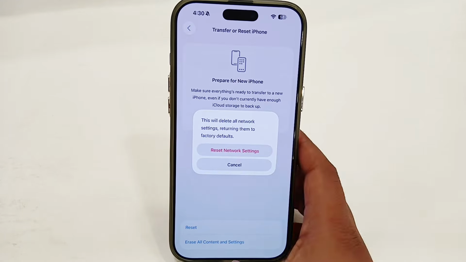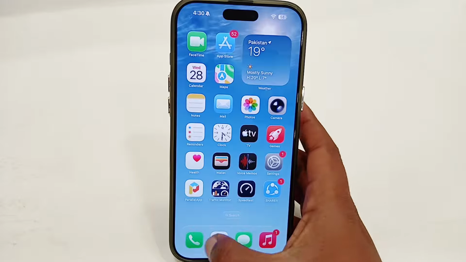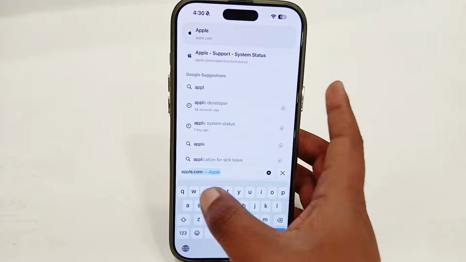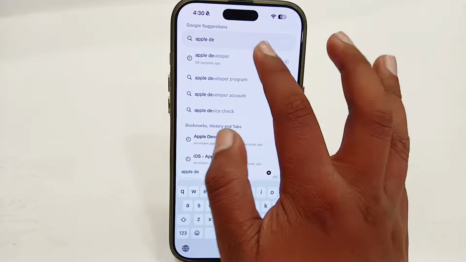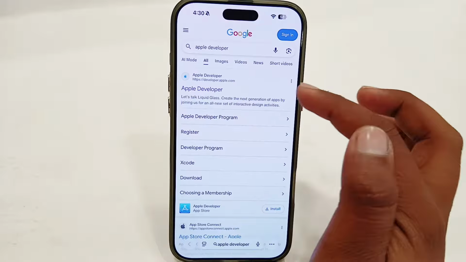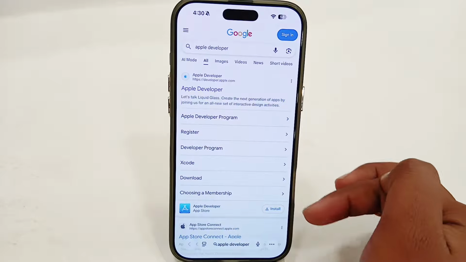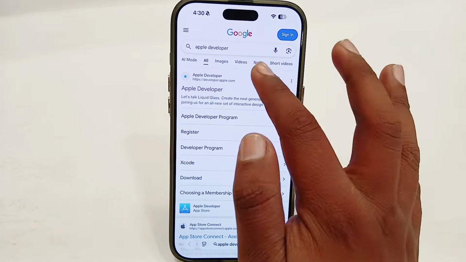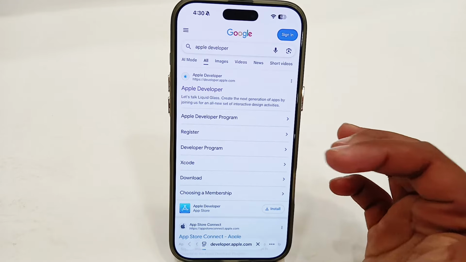Once you have reset your network settings, go back and open your browser. Here, simply search for Apple Dev, or you can also search for Apple Developer. Search for this, and open the first website. You can use this install button to install the Apple Developer app if you want to, or you can also use the website here. Just open Apple Developer,